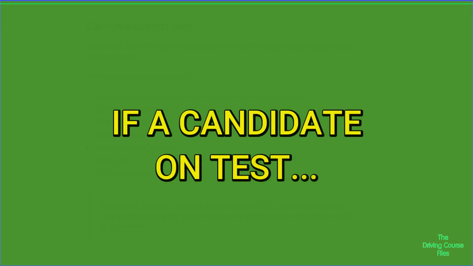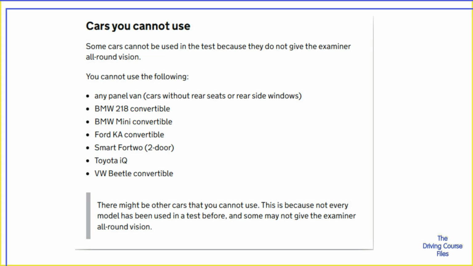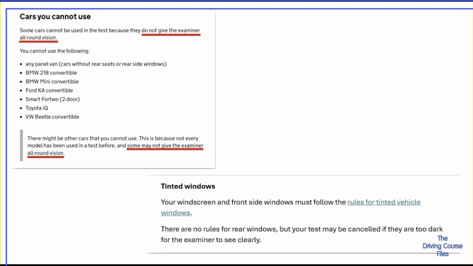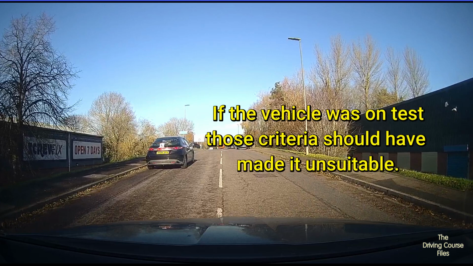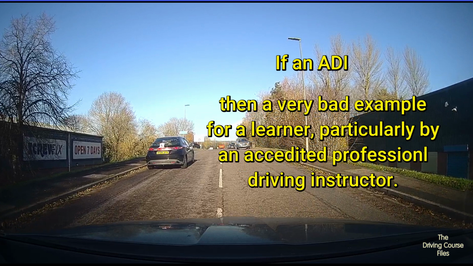passenger seat. If it was a candidate on test, the DVSA guidelines for using one's own car do make the point in more than one place that because an examiner would not have all-round view, certain vehicles and a rear window tint which is insufficient for an examiner to see through would make such a vehicle unsuitable for the test. If the vehicle was on a test, then those criteria alone should, in my view, have made it unsuitable. If an ADI, then it was again a really bad example for a learner, particularly by an accredited professional driving